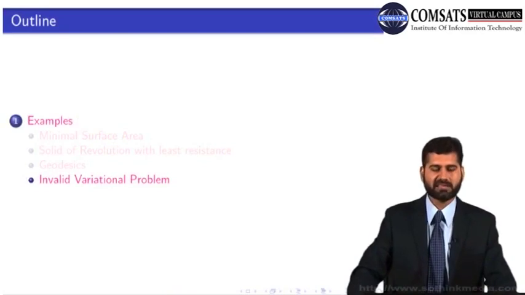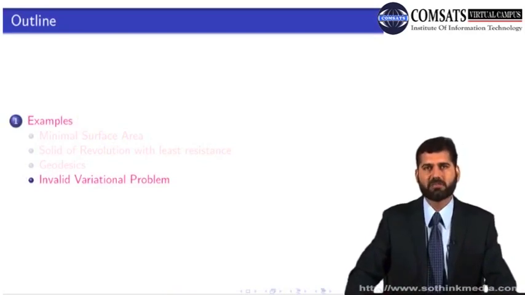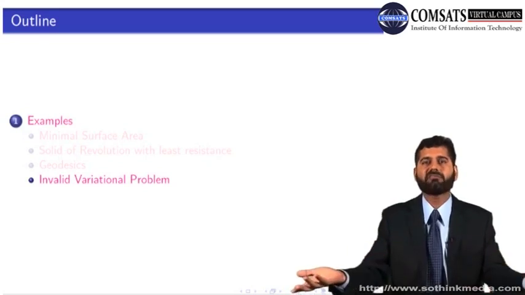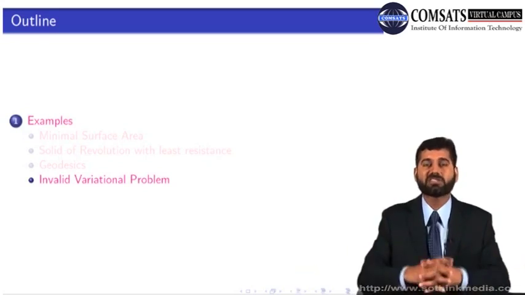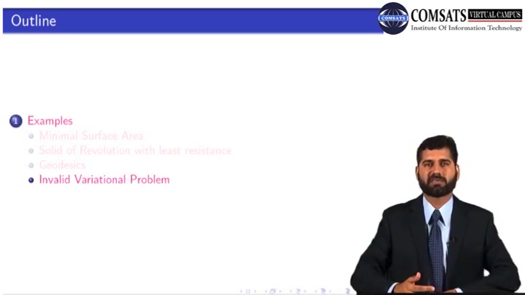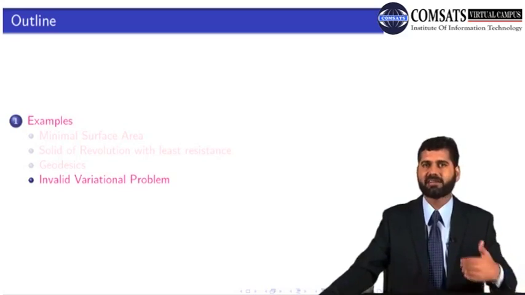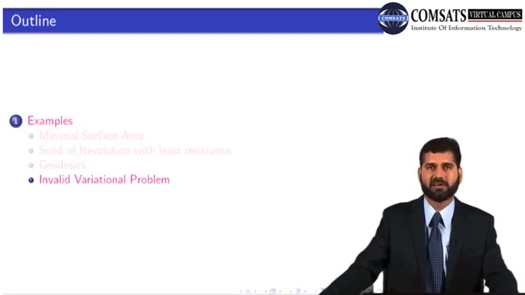So the last example is an invalid variational problem. Sometimes the variational problem that we model is not a valid variational problem. All right, so sometimes you encounter these types of examples as well. So let's see one of them. I thought it should be interesting to note this type of example, that it's not always the case that a variational problem gives you the answer. All right, so let's see this, and then I will wind up the lecture